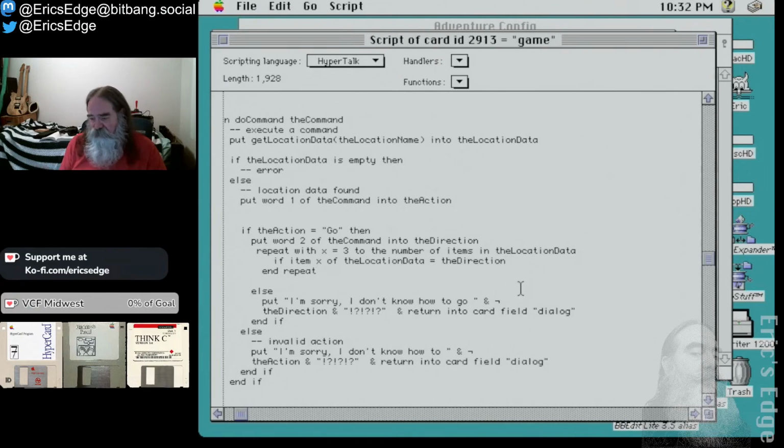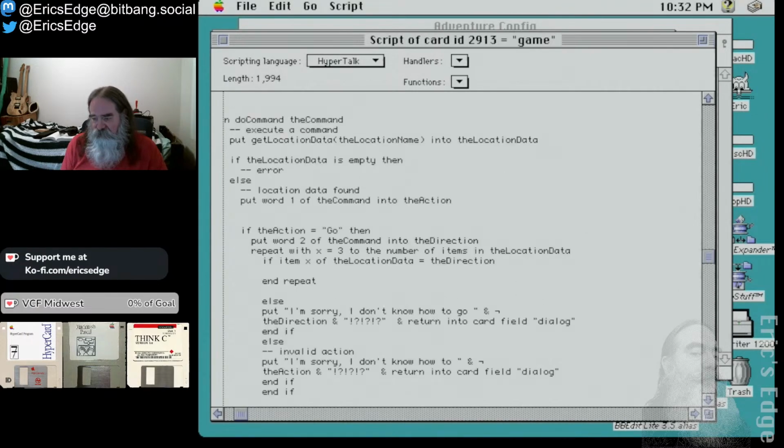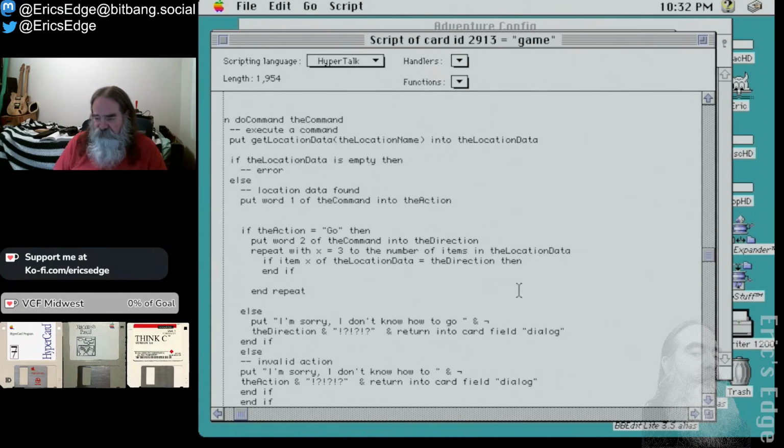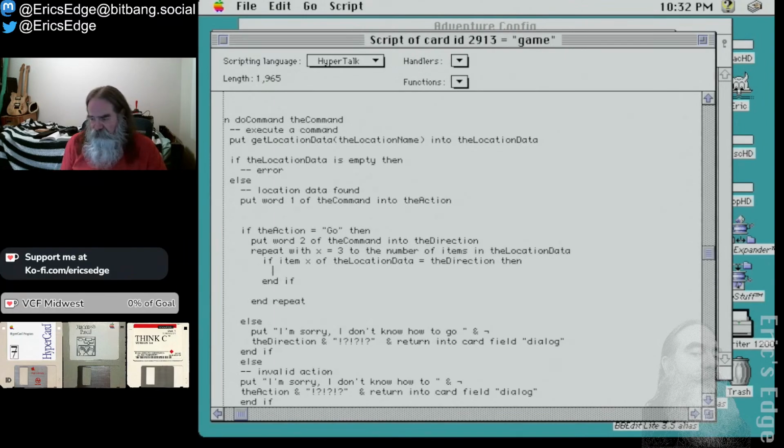So we're looking for a direction. Then, if it equals that direction, then we need item x plus 1. Put item x plus 1 of the location data into